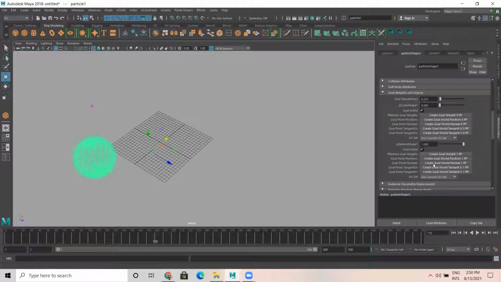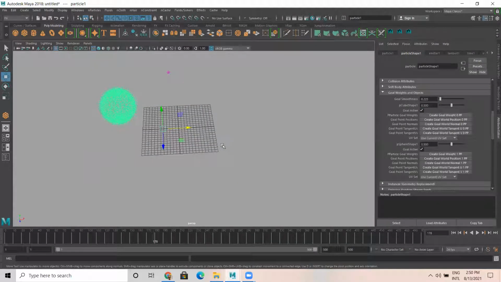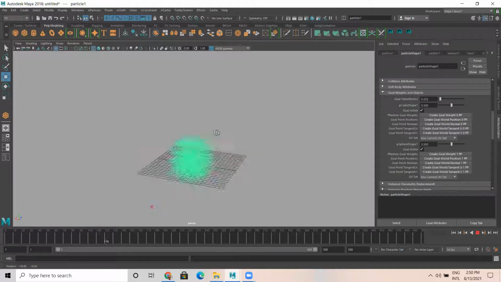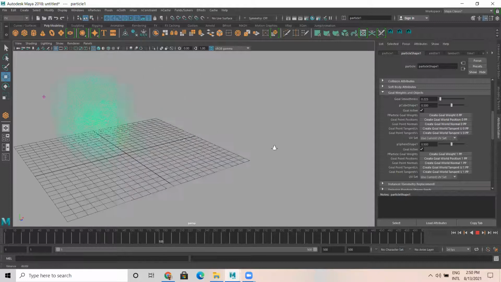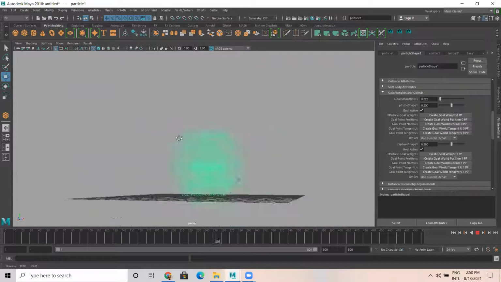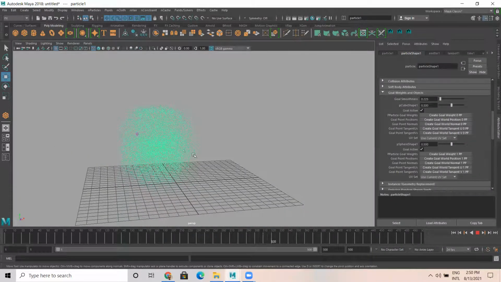But if I make this 0.5 and 0.5, what happens? Now it sticks to the center. Now it doesn't know whether to look like a sphere or look like a cube. It will merge. Let's say if you combine a sphere and a cube, what shape does it form? Now let's see, it's forming as a cube as well as a sphere. It's not a cube, and it's not like a sphere either. It's forming in between. That's how it is.